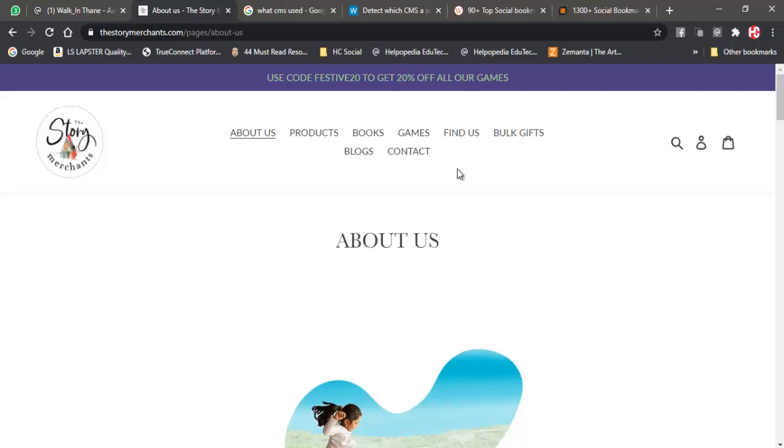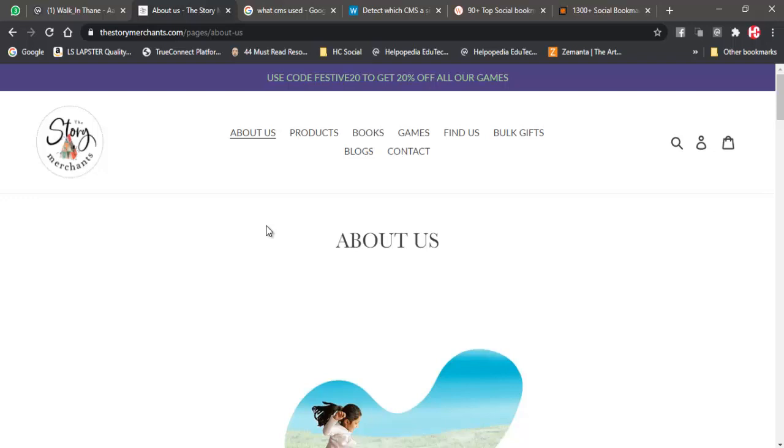So Shopify is okay, fine, no problem. Otherwise I don't know why your company is using Shopify for all these things when you can have your own content. Because with Shopify you have to keep on paying them money each and every time, every month or every year, and that is a very costly affair.